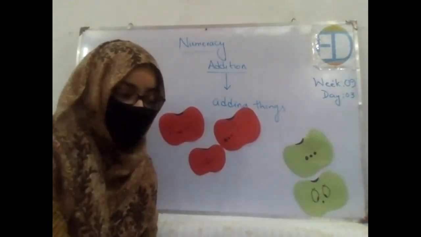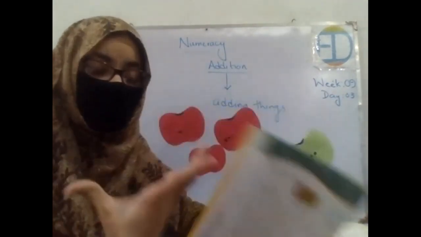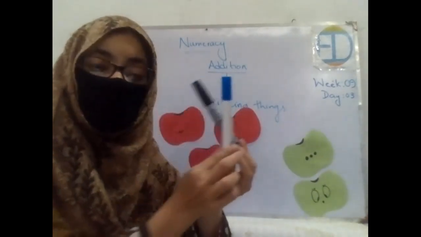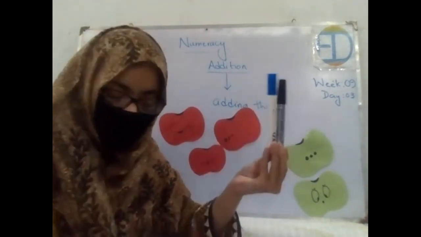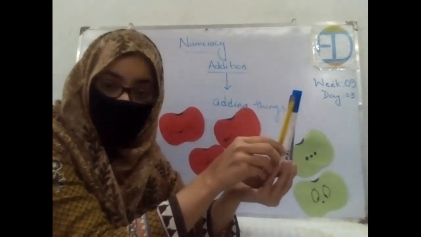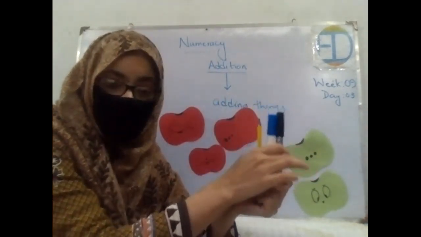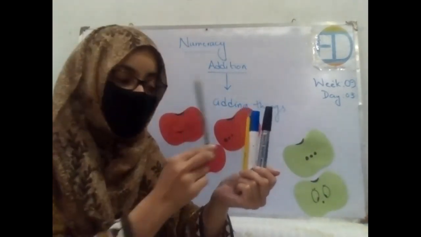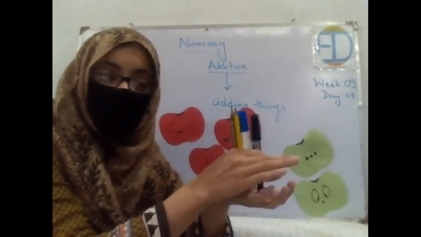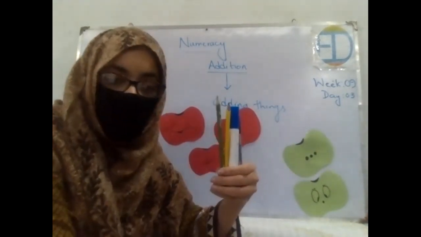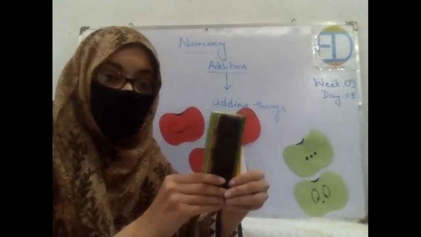So in this way, in your book, you are supposed to add one more thing into the previous number or whatever sum you get. Let's say we have one marker. When we added one, we have now two. So this is the sum of the first thing, two. You will be adding 2 plus 1, one more thing into 2. So now you have three things, right? You will get three things. Now in the next practice, you will add 3 plus 1, one more thing into this sum. Now you have four items. Now this is the last sum or the last answer of the addition. Now you will be adding one more into 4. So you will have five things.